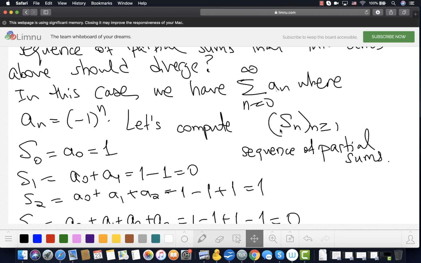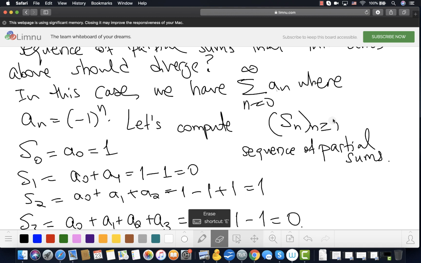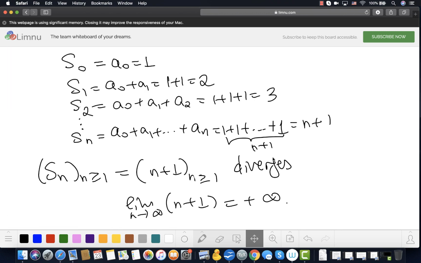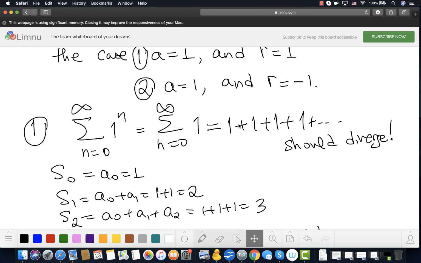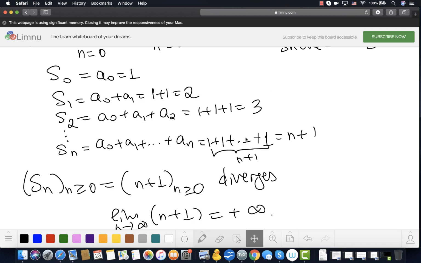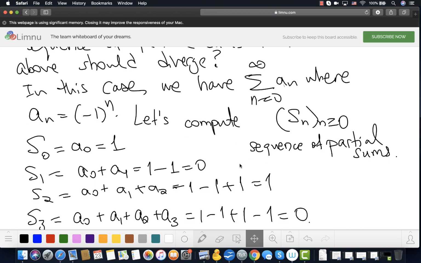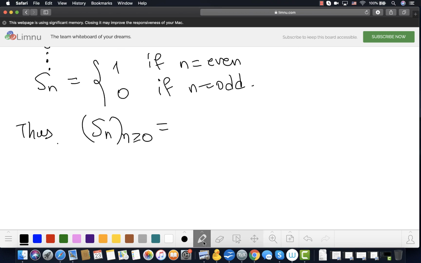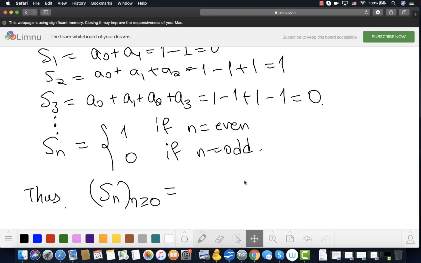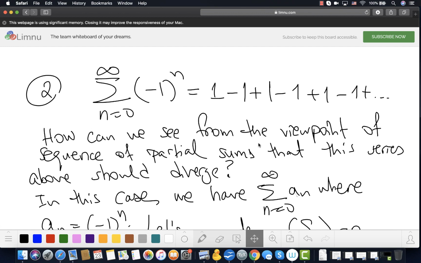I think I made a little typo here. This should be n starting at 0 right here. Let me make sure that I don't have that typo here. Earlier, also here, the small typo. This should be n starting at 0 because we start the geometric series at 0. Sorry about that. Okay, looks good. So going back, we have shown that the sequence of partial sums for this infinite series here